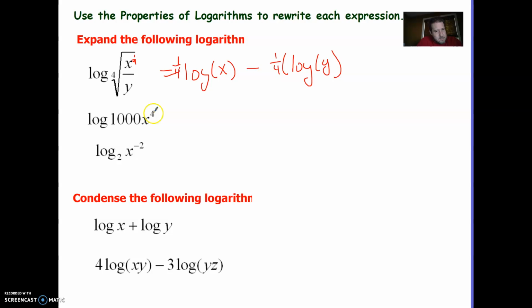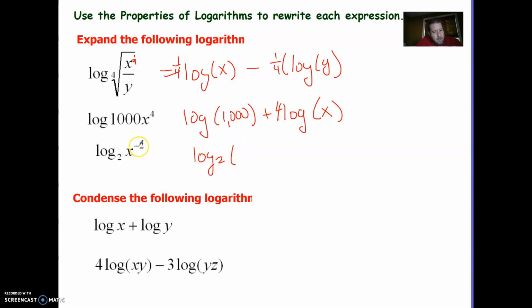Okay, so here the x is to the 4th power, so that's going to be log of 1,000 plus log of 4 times log of x. This one, so we've got log base 2 of, so this is a negative, so log base 2 of x squared, so the negative 2 can be brought out in front of x, just like that. Then